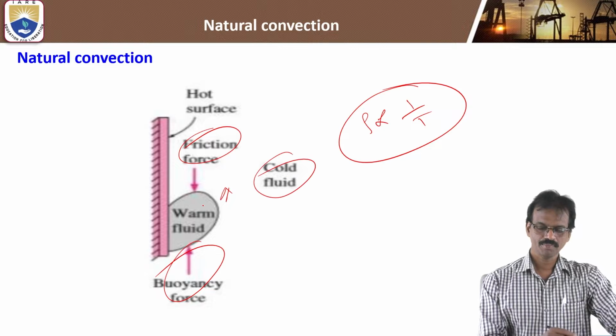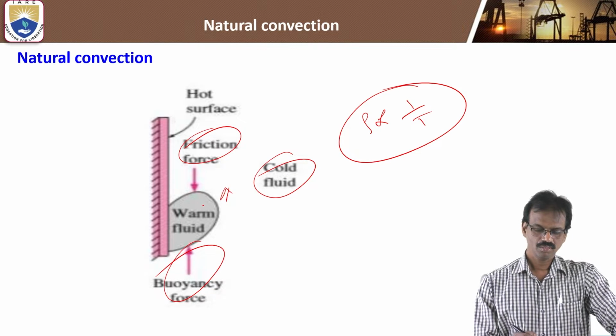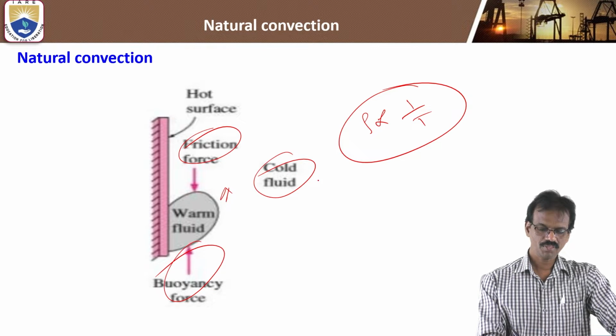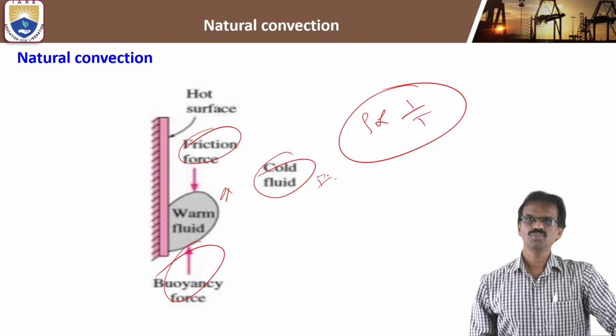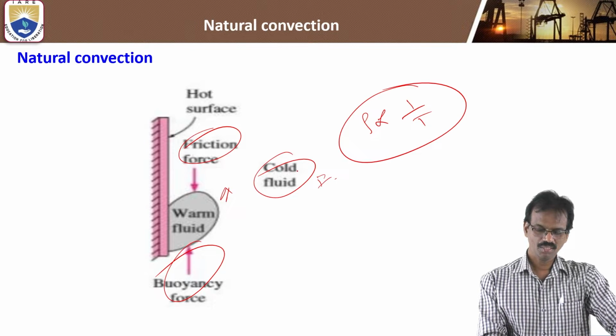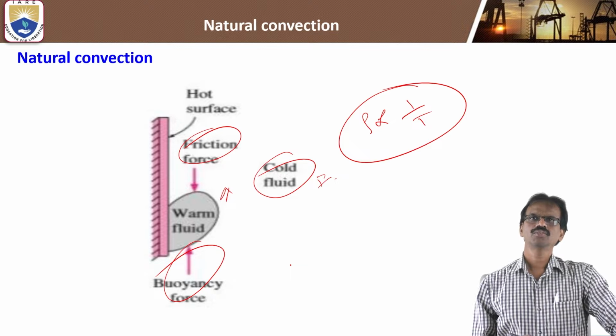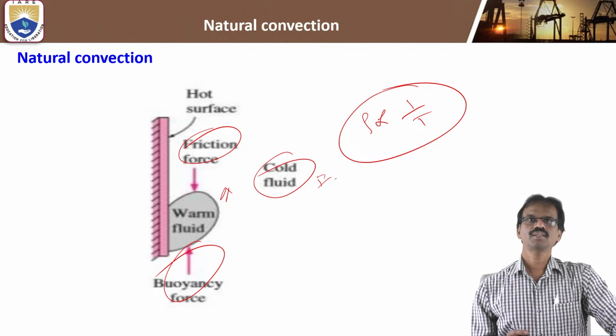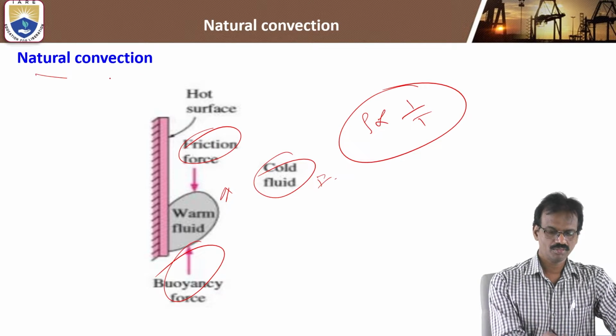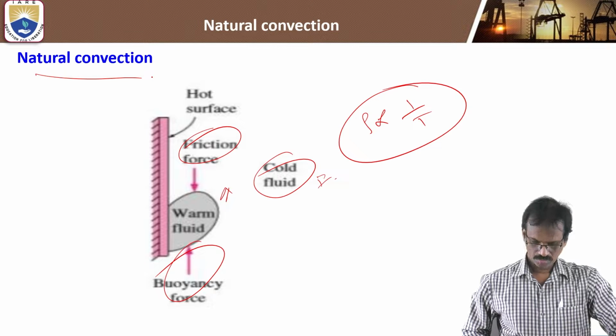But for the cold fluid, the frictional force is greater than the buoyancy force. So the heavy particles move in the downward direction. Based upon this principle, natural convection works. So now we'll see the